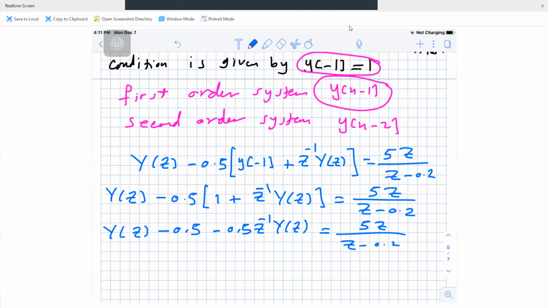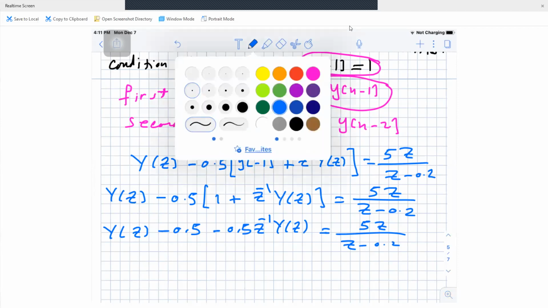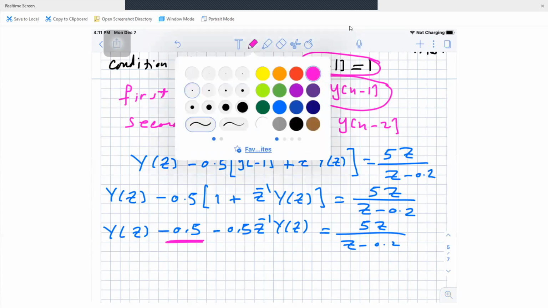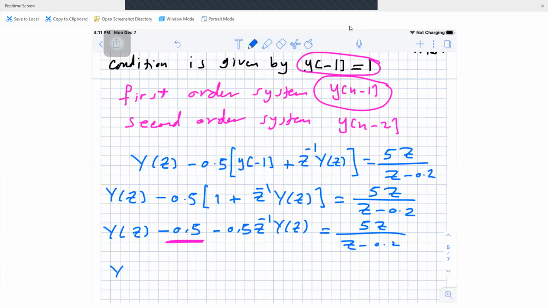Now you are going to take this 0.5 to the right side and simplify the equation. Well, now this will be y of z minus 0.5 z to minus 1 y of z equals 5z over z minus 0.2